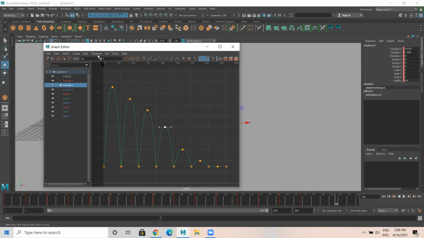So this one, just make it spline. This is spline, tangent spline. Select this, this as spline. Select this, this as spline. Select this, this as spline. Or you can select this, this is anyhow linear, it's okay.